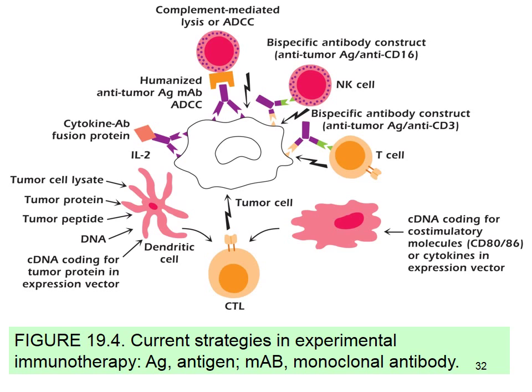One of the things that we are doing these days is coming up with dendritic cell vaccines. We take a dendritic cell from you, prepare it for whatever we need, and then put it back. So you can see over here, cDNA coding for tumor protein in an expression vector. It's a very complicated technique, but this is the future of vaccination, where we would take a cell out of your body, treat that cell in the way that it needs to be treated, and put it back. Right? So these are some of the things which are coming up for cancer immunotherapy.